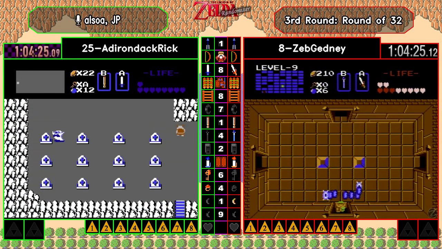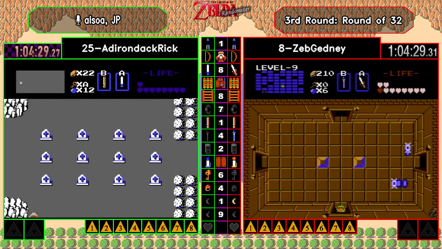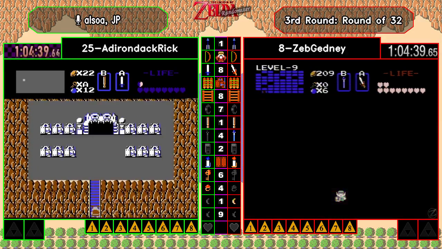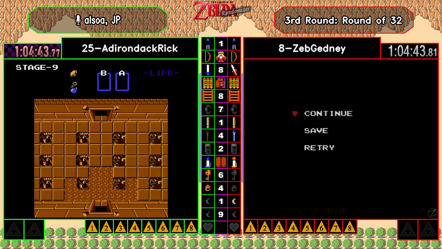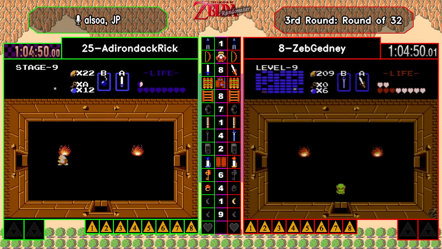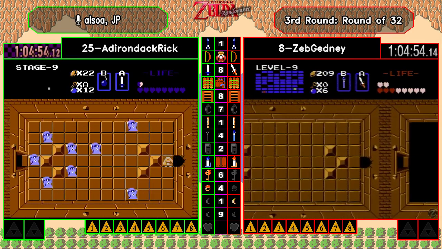9 and 8 combined have just been buying Rick time to be able to start making this comeback happen. Oh, there's another death for Zeb. That's not too bad. He's still close to start. It would be good for Zeb to go ahead and just pop his potion to get back to Ganon. I understand wanting to save it for the Ganon fight itself, but